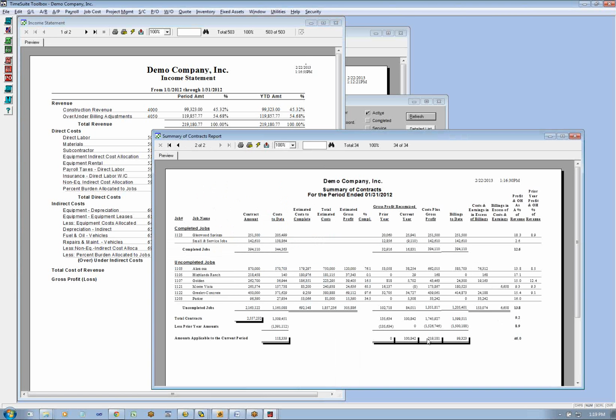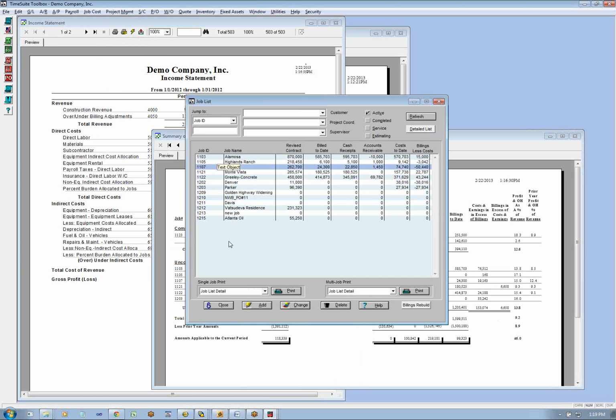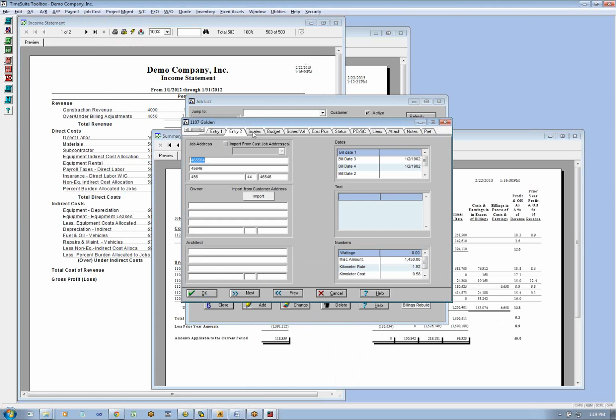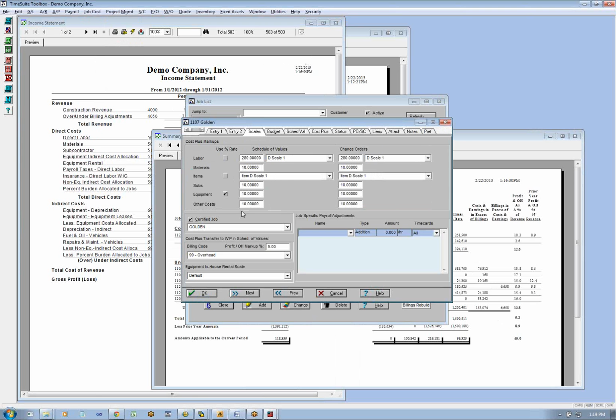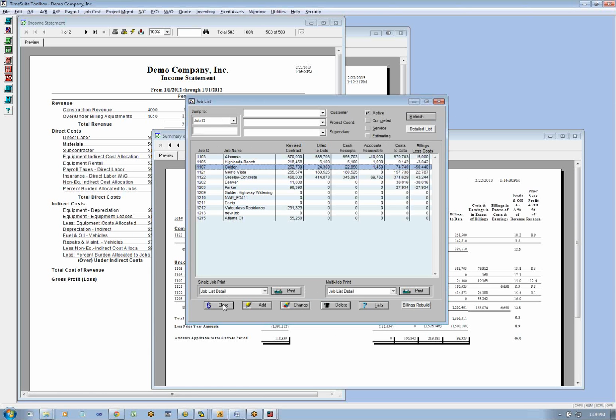But that's what we would do. Now, another concept is a time and material job. So let's say the job is a time and material job. We go into the job and say, calculate contract amount at cost plus markup. That's what we do for time and material. You put your markups over here into the scales tab, whether the designation scales or otherwise. We do have a lot of features here that people are not familiar with on how you can mark up jobs. So if you're not seeing it, make sure you call and we'll help you.